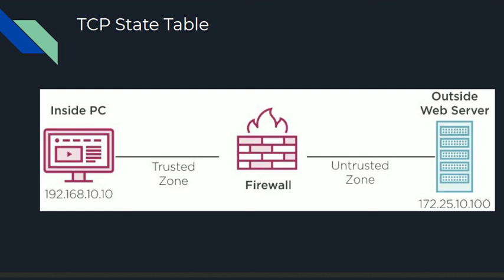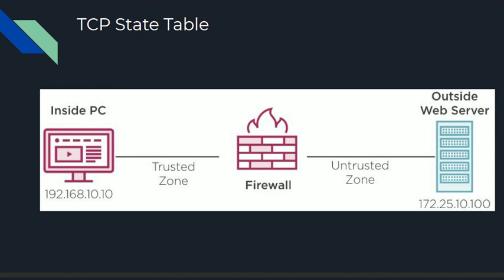However we are going to accomplish this with the TCP state table, this is where the concept of a stateful firewall comes into play. With the TCP state table, we are going to send a message to the outside web server from our inside trusted zone through the firewall. In this case, we record the TCP state and how it creates a session, recording the source IP and port, destination IP and port. Then it also records the TCP state.